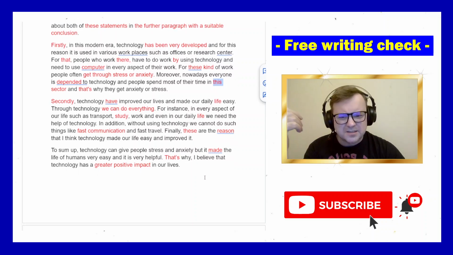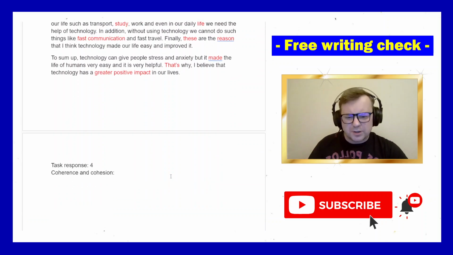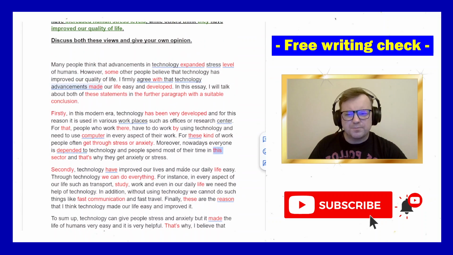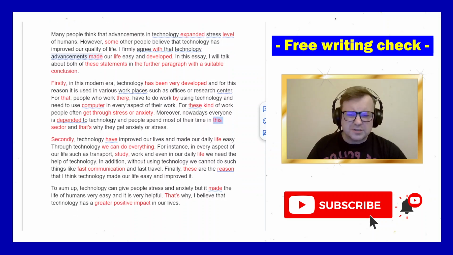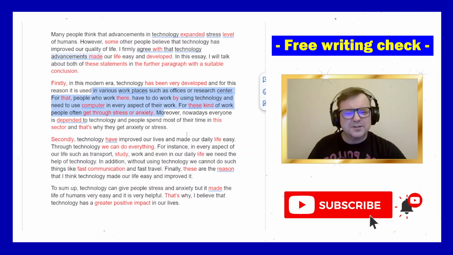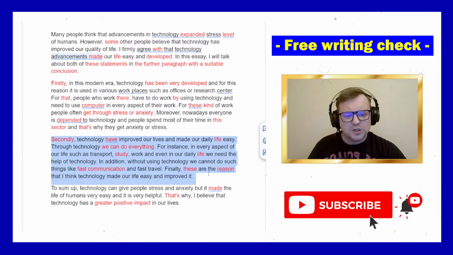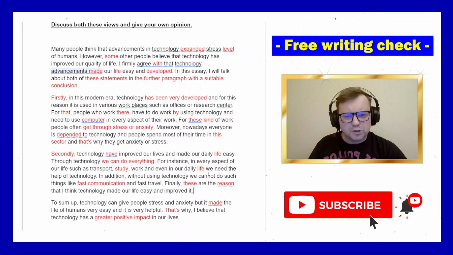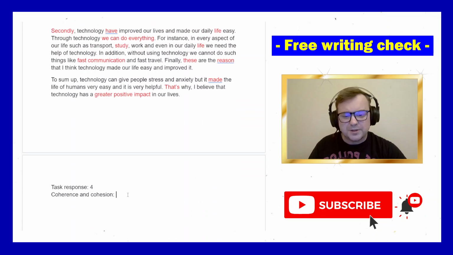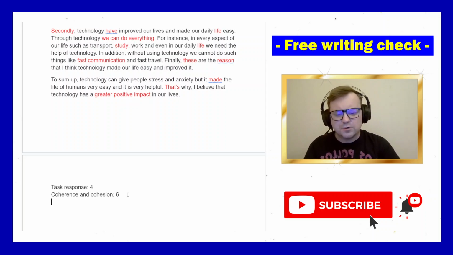Cool. So there are 3 cases there of very ambiguous references that I'm not quite sure of. So I think there is a clear structure to the task. But the paragraph structure isn't exactly right because we have a firstly, secondly, but at least the candidate has tried to speak about the bad side of technology here, the good side of technology here. Hasn't given detail, but has laid it out in that way. So some dodgy references, but good signposting language, a good logical structure, and kind of a progression. I think probably there is enough for a 6 in coherence and cohesion.